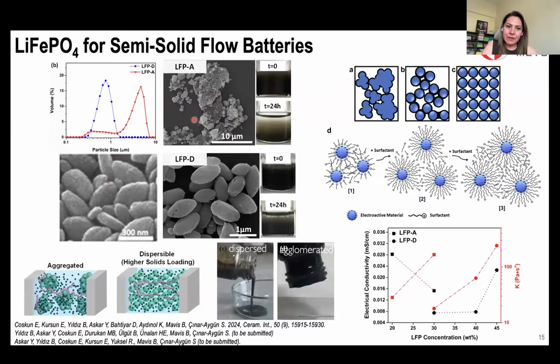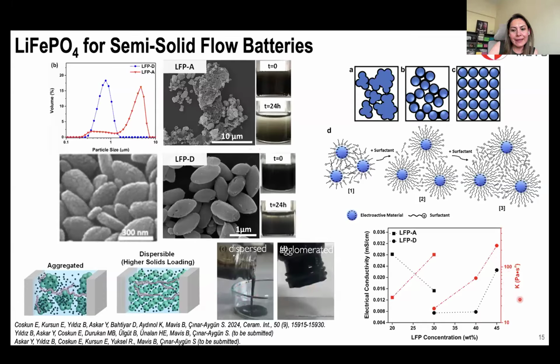We just used them as a reference sample, and we synthesized lithium iron phosphate particles, individual particles, and then we developed a technique to individually coat them with carbon, and then we developed new recipes using those individual powders. So here what you see is that if you load 28% LFP particles, the agglomerated one, if you use the agglomerated particles, it was like a solid, it didn't flow. However, with the dispersed ones, same loading, it flows like water. So since we have quite low viscosity here, we were able to add more and more particles into it.